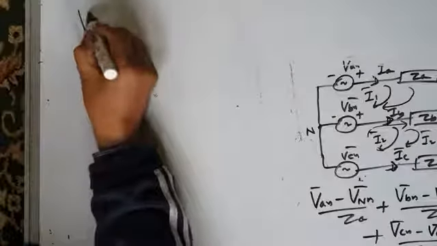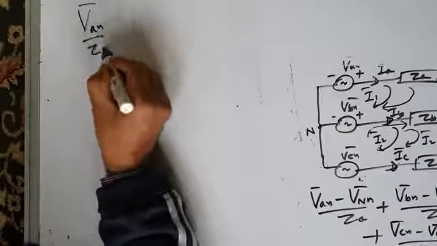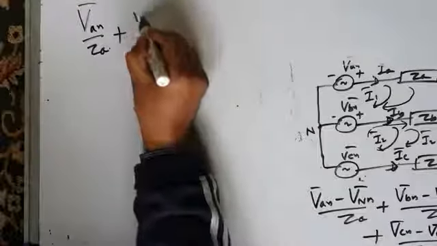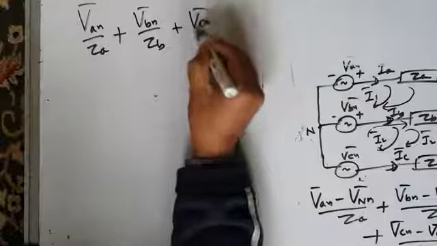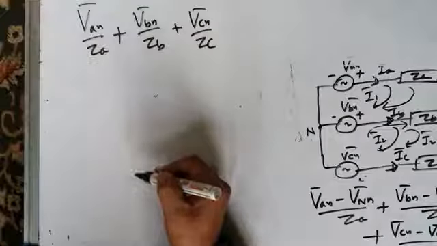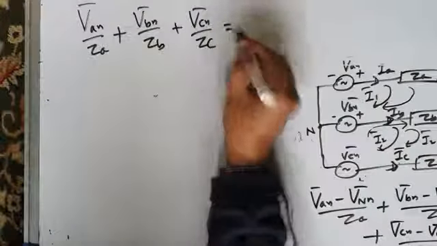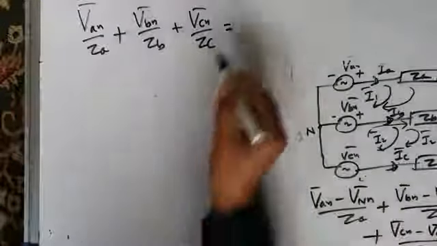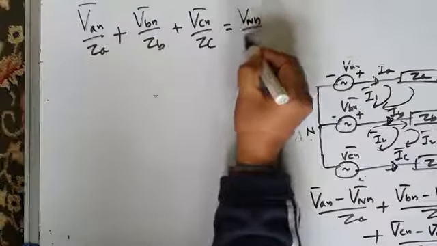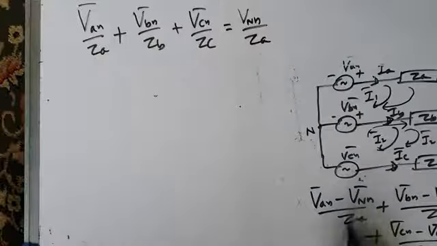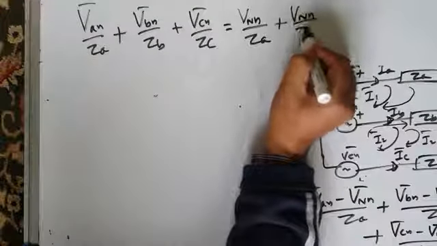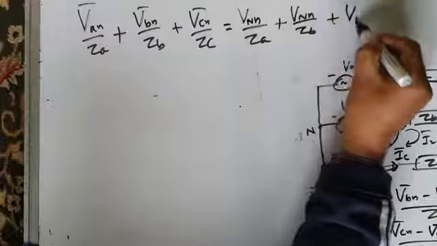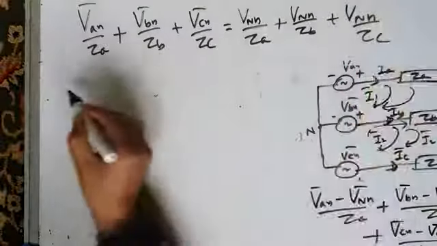So I can write VAN by ZA plus VBN by ZB plus VCN by ZC is equal to VNN by ZA. I take it to the right hand side. On the left hand side it is minus, on the right hand side it will become plus. Similarly, plus VNN by ZB. Similarly, plus VNN by ZC. Or you can write